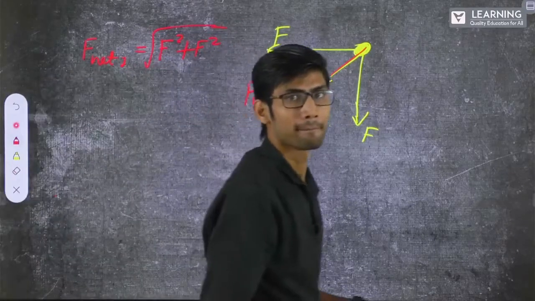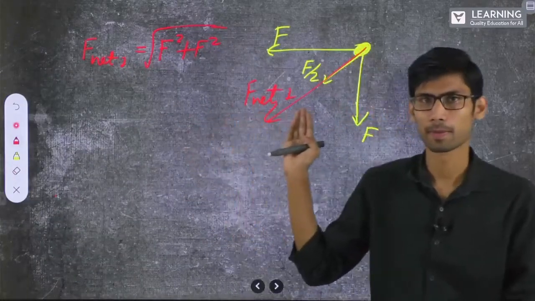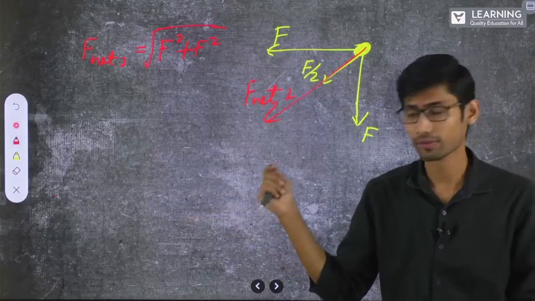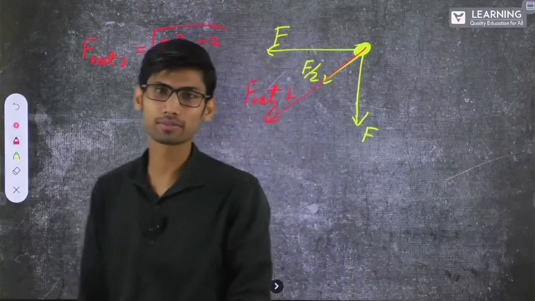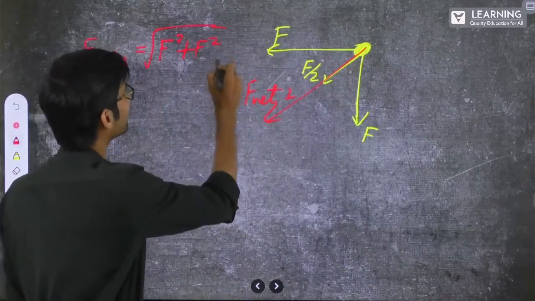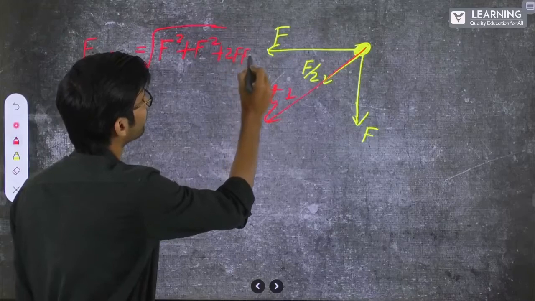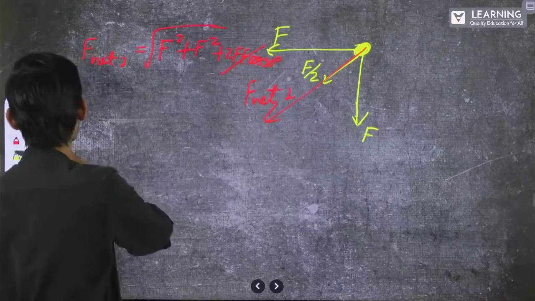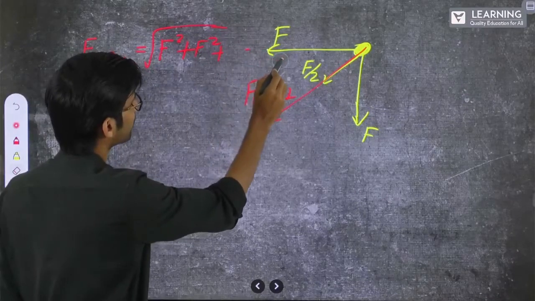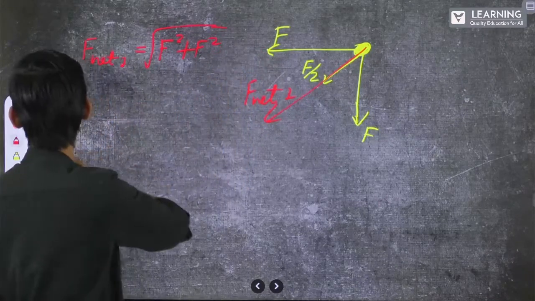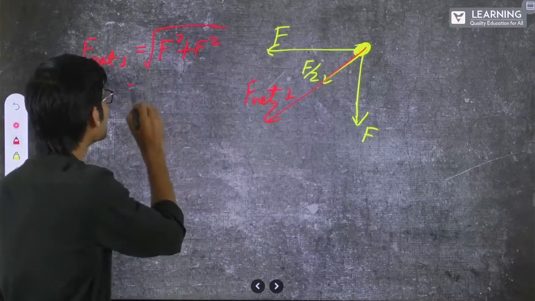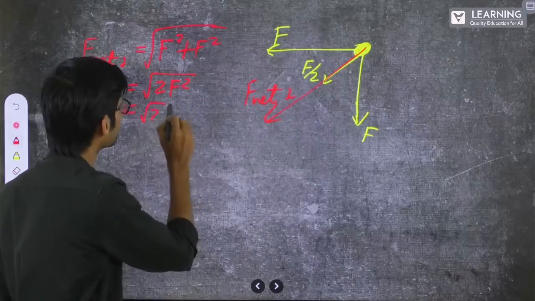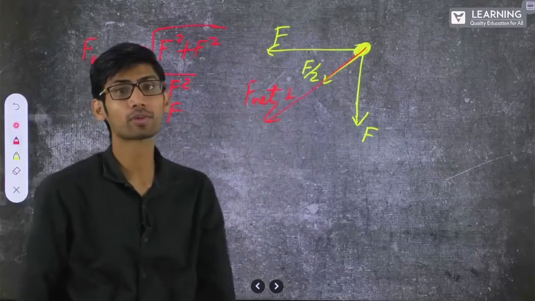Why? Both are at 90 degrees. If two vectors are at 90 degrees, A vector and B vector, the vector sum is root of A square plus B square. Or if you want to write further, 2AB, 2FF cos 90. Now cos 90 is 0. This entire term will become 0. We'll be left with this only. Okay? I hope you are in 12th standard. This much you will be knowing. So this is basically under root 2F square, that is root 2F. So this F net 1 is root 2F.